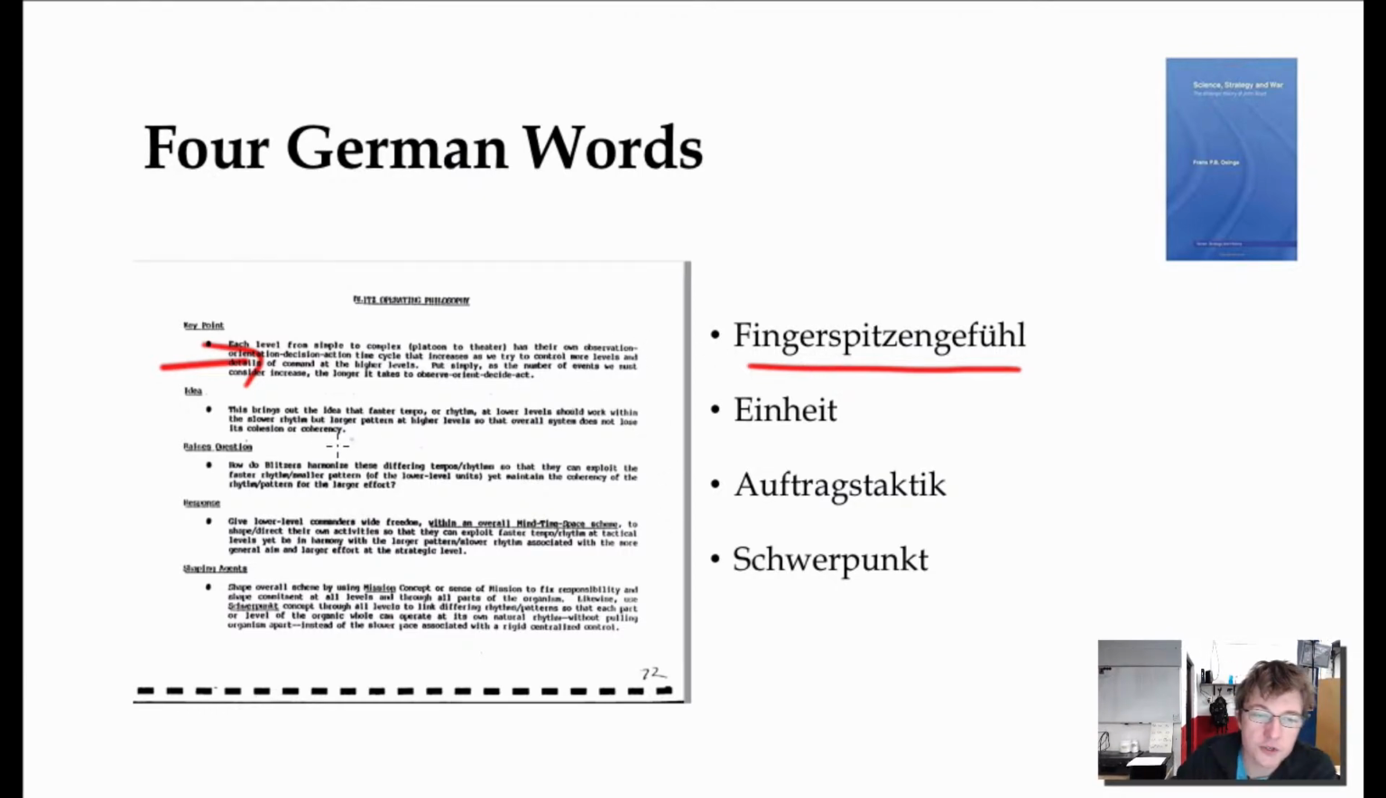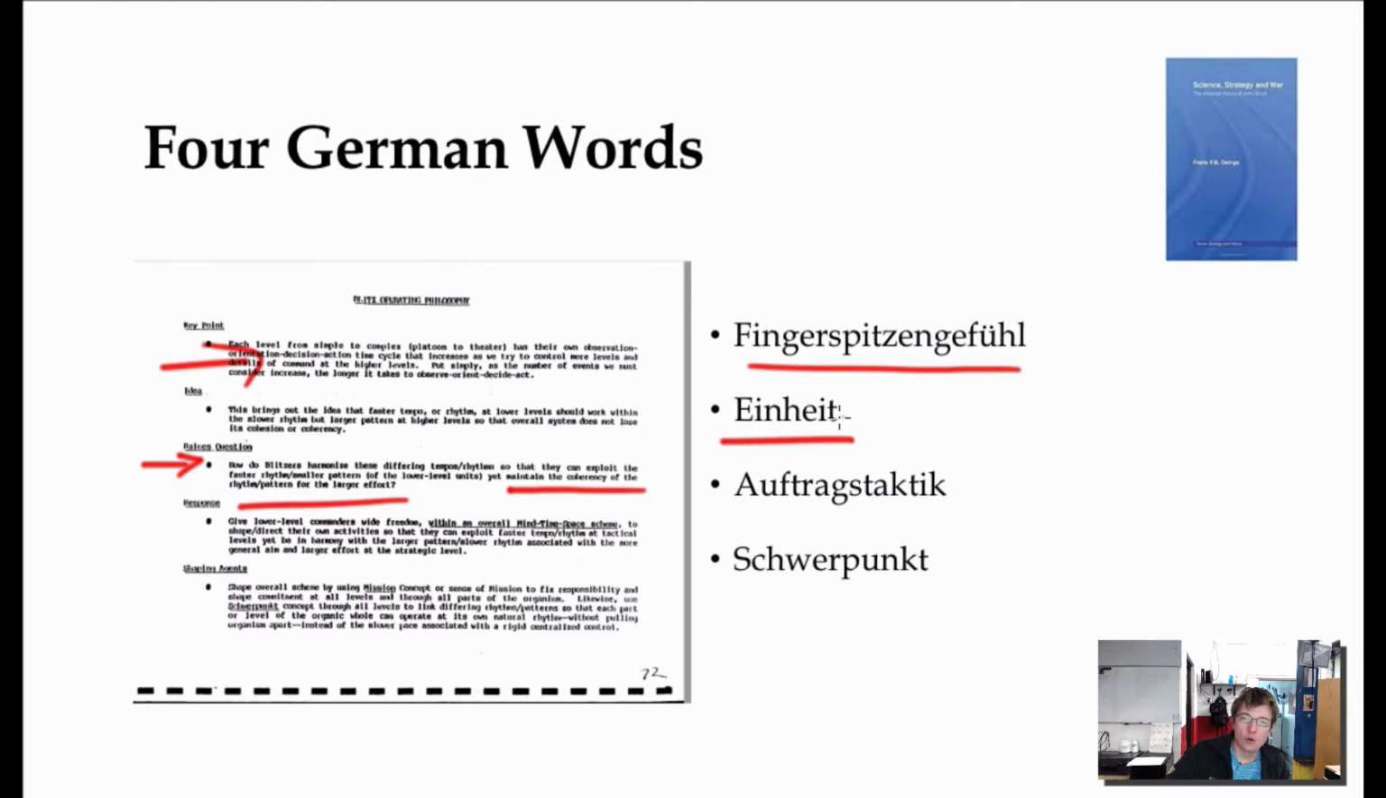This brings us to our second point, which is that this individual level of understanding, this individual Fingerspitzengefühl, can only be exploited on the battlefield and maintain coherency of the larger effort if we have Einheit. Einheit in German roughly means unity, and another way of looking at it would be a common understanding, an implicit